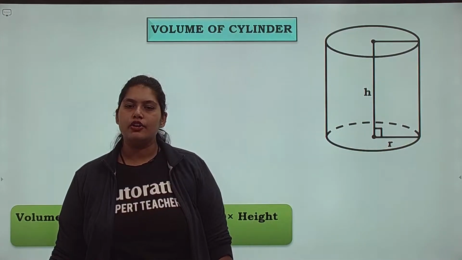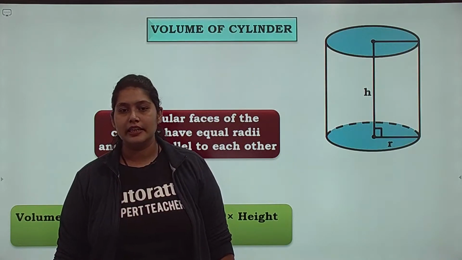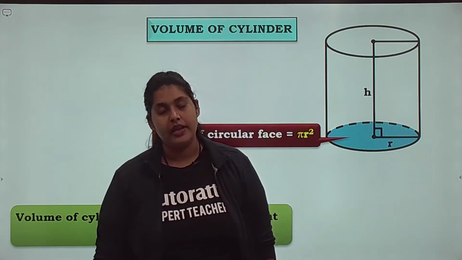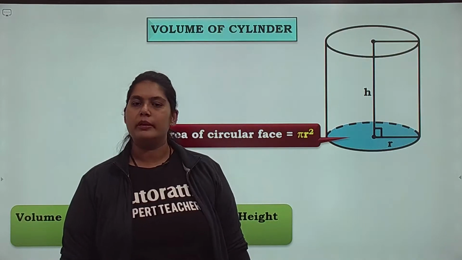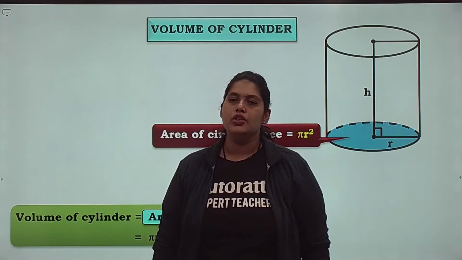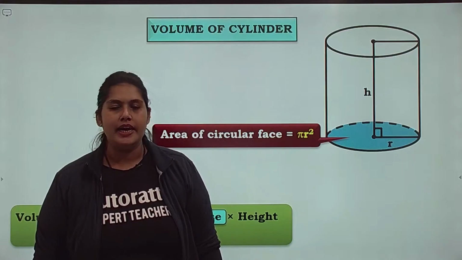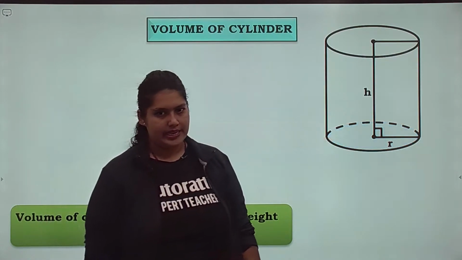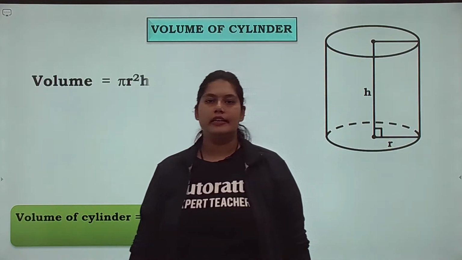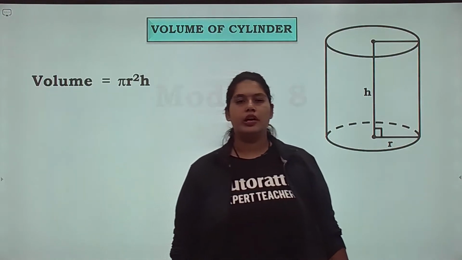Fine. So what is the area of my base, children? Let me replace the values. Area of my base is nothing but πr² because it's a circle, isn't it? So I'm going to replace the values, and I've got the height and I'm not going to replace anything with the height. So what is the volume of my cylinder? The volume of my cylinder is πr²h. Yes. So the formula for the volume of a cylinder is πr²h. Great, children. So now let's go ahead.